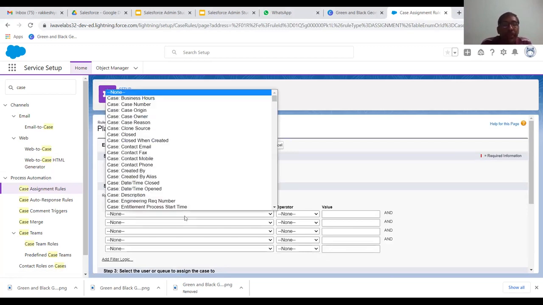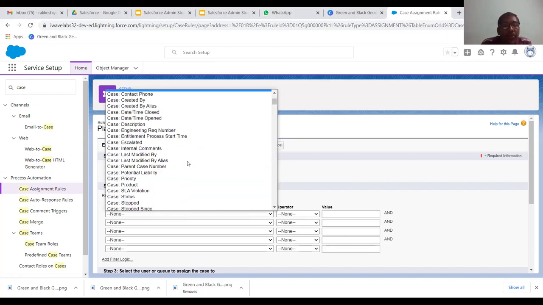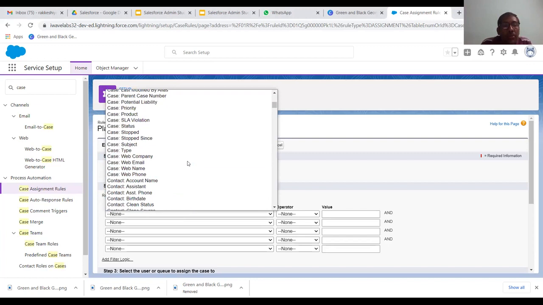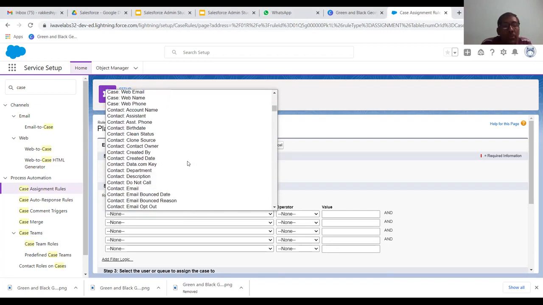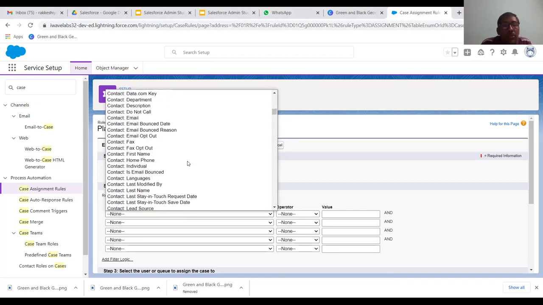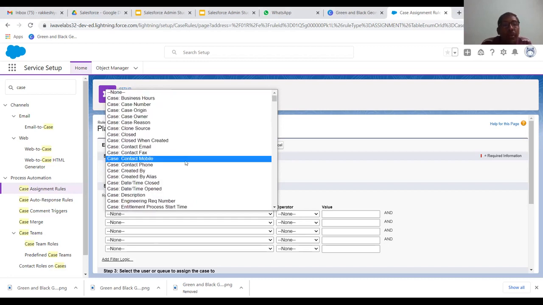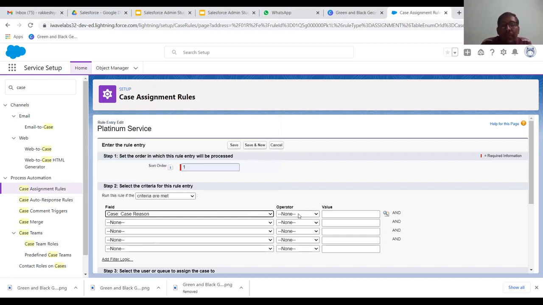Case reason is equal to, now I have to click on the magnifier icon and I'm going to select installing and install.